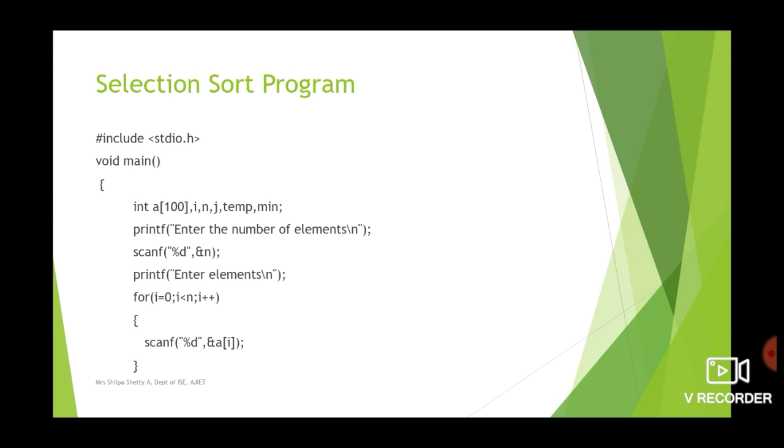Again, the elements that we enter are not sorted here. So again, to read the elements into an array, we use a for loop which varies from 0 to n minus 1. That is size of the array minus 1. So for i is equal to 0, i less than n, i plus plus, scanf %d ampersand a of i. So the elements that you enter will be stored in the array starting from index 0 till the size of the array, and all these elements have to be integers.